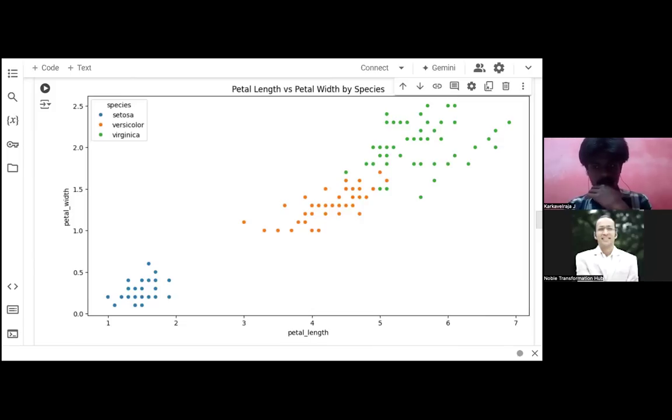First thing that comes to my mind: the characteristics of the setosa flower are far different from virginica and versicolor. It's true, right? Guys, see here, this is versicolor and this is virginica, and we have setosa somewhere else. So the setosa flower is going to be completely different when compared to versicolor and virginica. This is the first inference.